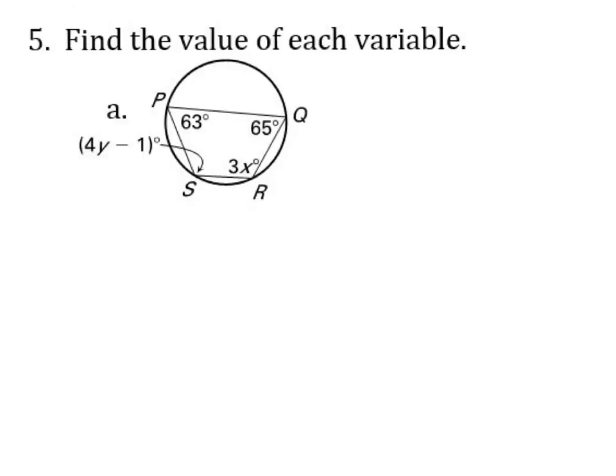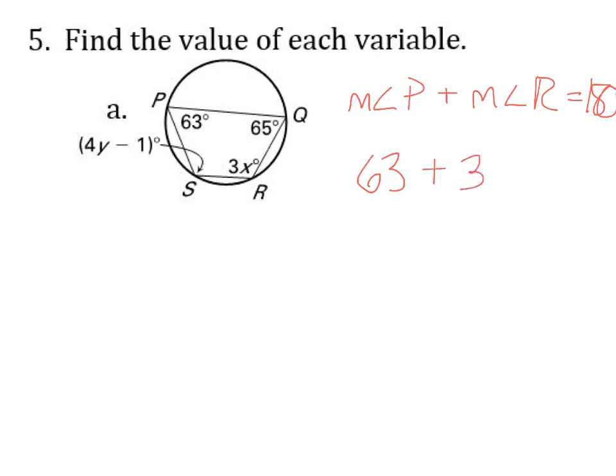Which brings us to our first example. I'm trying to solve for both variables here, both y and x. Now, as I said, based on my previous theorem, the inscribed quadrilateral theorem, I know those opposite angles, like for example, angle P and angle R, they're going to be supplementary. I know they're going to add up to 180. So in this case, what I can do right away is just set up an equation. I know that 63 and 3x together is going to equal 180. So I end up with 3x equals 117, and x is going to equal